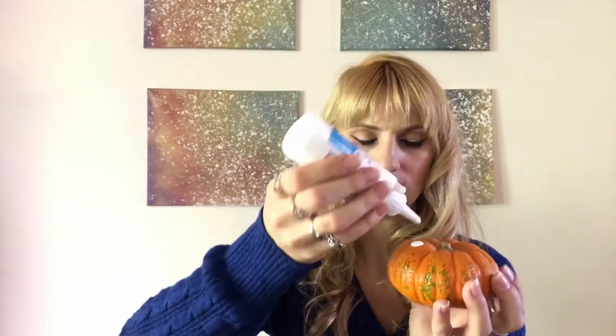So for the first pumpkin, I'm using this one. It's orange with some kind of green patches on it. It's very cool looking. I have my glitter and sequin glue, which if you don't have this, just use like Elmer's, that's fine. And basically I'm just going to be putting a little dot, or a big dot,